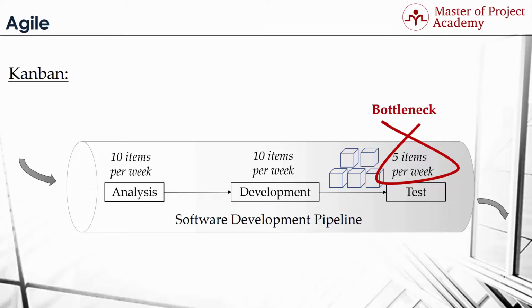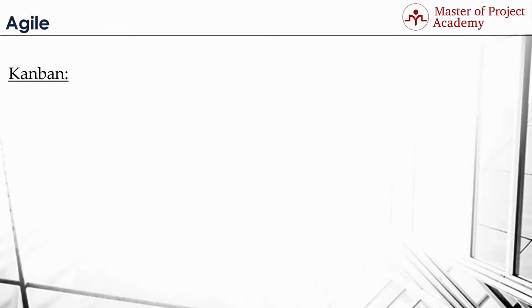If, on the other hand, we knew where the bottleneck was, we could redeploy resources to help relieve it. For example, the analysts could help with testing, and the developers could work on test automation. But how do we know where the bottleneck is in any given process, and what happens when it moves? Kanban reveals bottlenecks dynamically. Kanban is incredibly simple, but at the same time incredibly powerful.